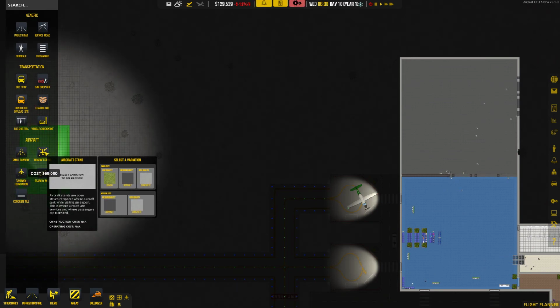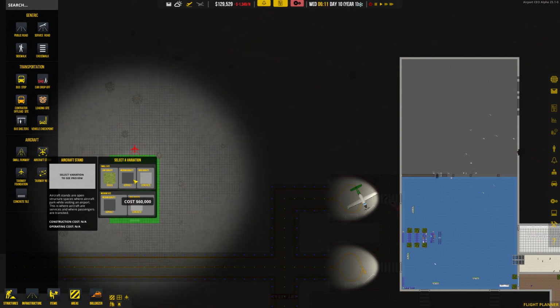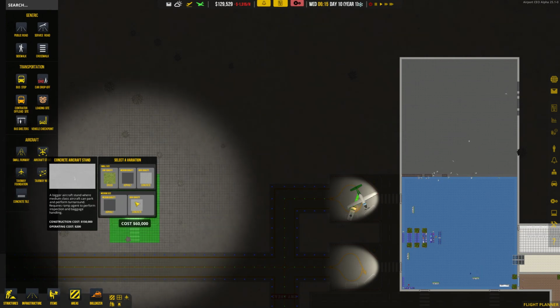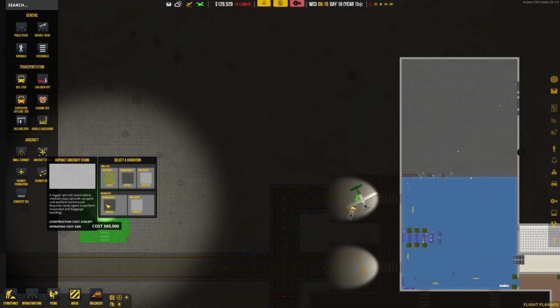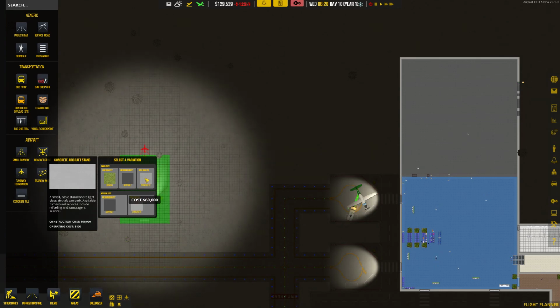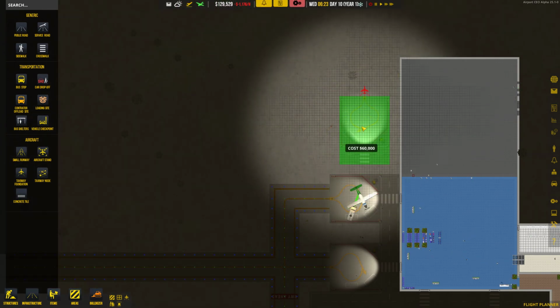Doesn't sound right. 150? 60,000. Oh, here we go. So if we get a concrete one, 60,000. If we get an aircraft stand that's asphalt, 150,000. 200,000. Okay, here we go. So 60 grand. Little GA thing happening there, but we'll wait and we'll spin this a few times and let's